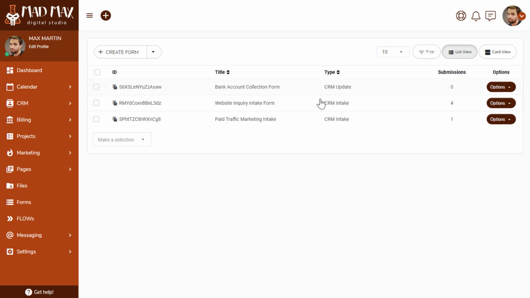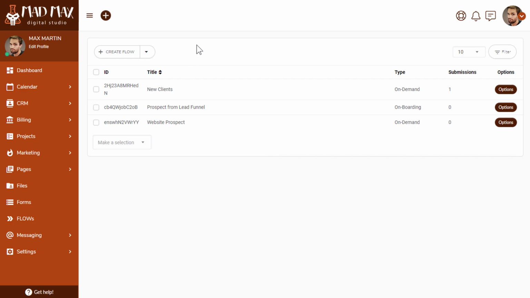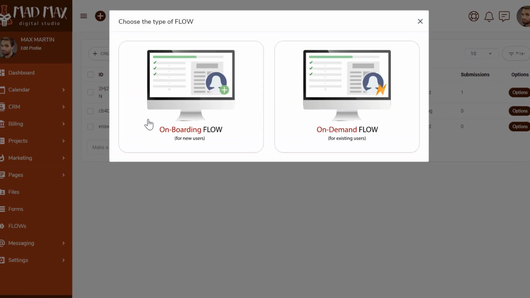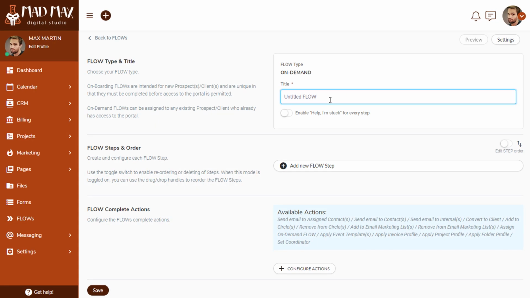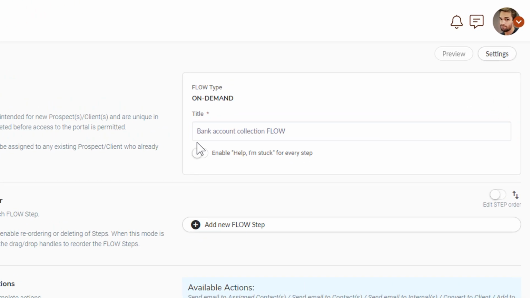Now that we have the form, let's go to Flows. So here in Flows, we're going to create a flow. You have two different types. Onboarding is for brand new users. On-demand is for existing users. We want to use an on-demand flow. We're going to assign this to existing users, and let's call this Bank Account Collection